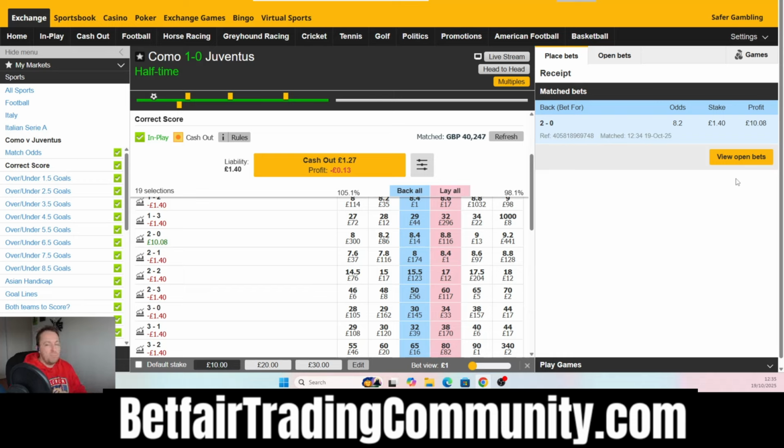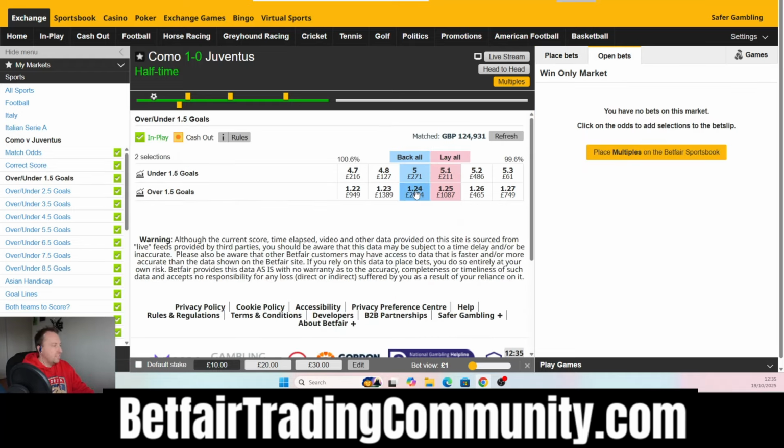But again, it's not a big outlay, and I think we're in a pretty good position because the stats are telling us there's an 80% chance of a second half goal, and the odds are telling us there's a very good chance of a second half goal, as you can see here, odds of around 1-4 on a second half goal. So as part of your training, I want you, because a lot of people say to me, Martin,